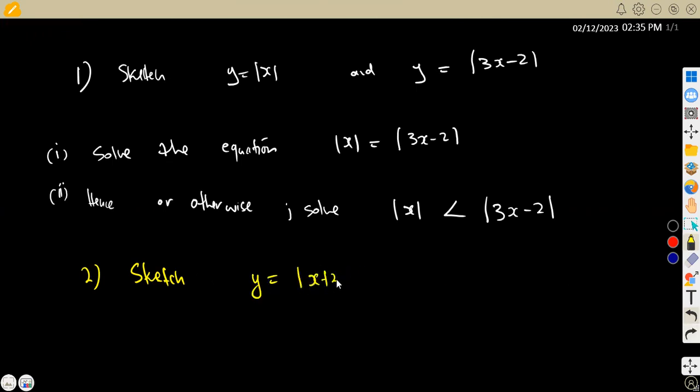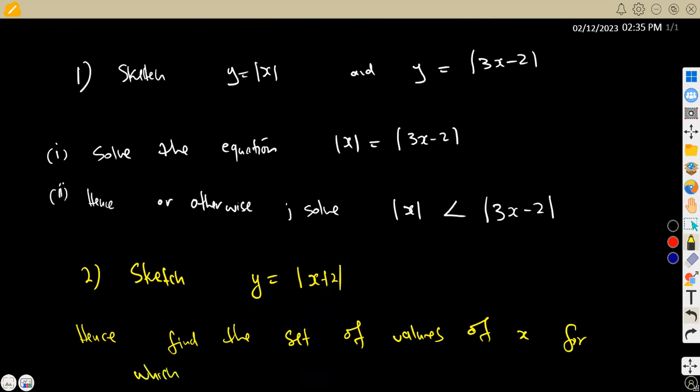Then, find the set of values of x for which the modulus of x plus 2 is greater than 2x